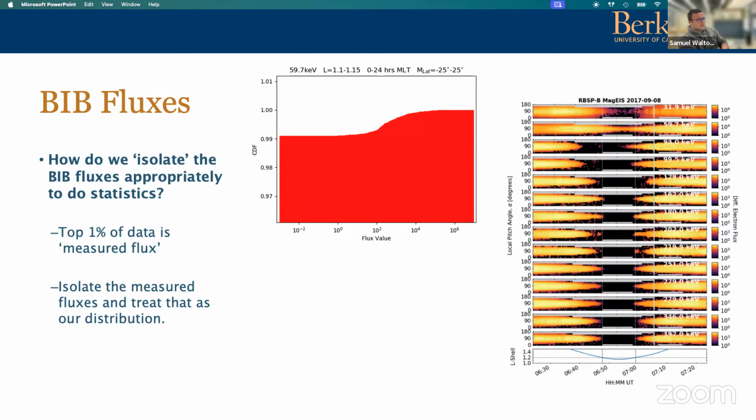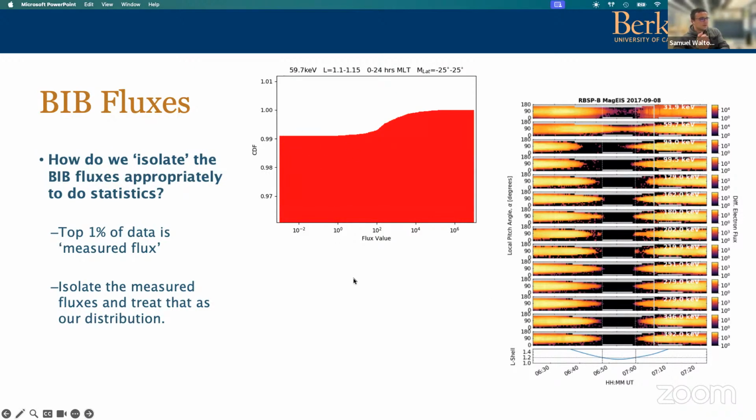So instead of events, we decided to just look at the fluxes, the actual fluxes themselves, and do those statistics. The problem here was, how do we actually define these electron fluxes that we're interested in? So we made a few of these distribution plots: flux on the x-axis and a distribution function, for a particular MLT and L shell bin. And you can see here that for some reason, when Seth did his algorithm, wherever there was no flux measured, or it was below the noise floor, he set the value to 0.